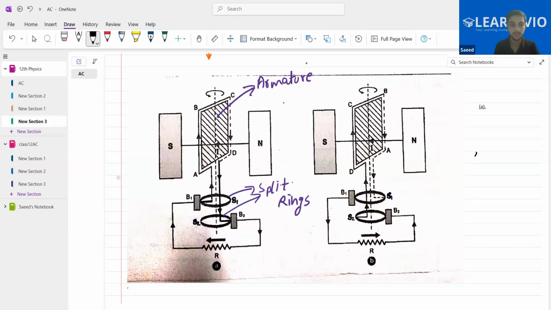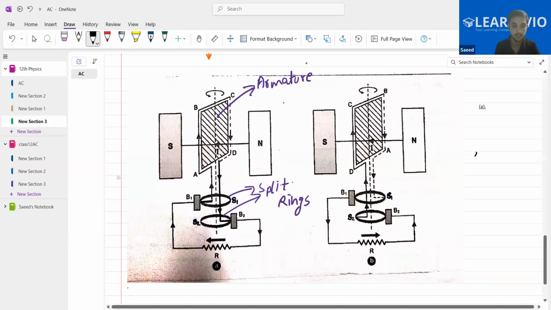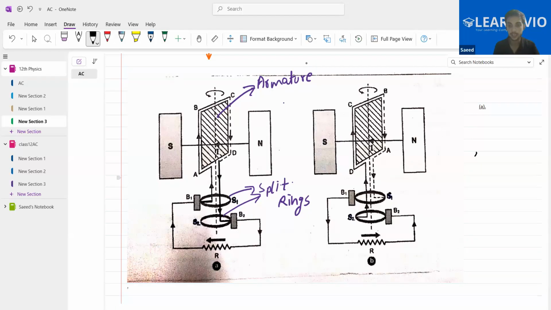And in the same way, you can see for half of the loop, the current in the resistor R is pointing in this direction, towards the left. Can you see it? And in the B figure, you can see that it goes to the left. Are you seeing it, that after a half rotation, this line